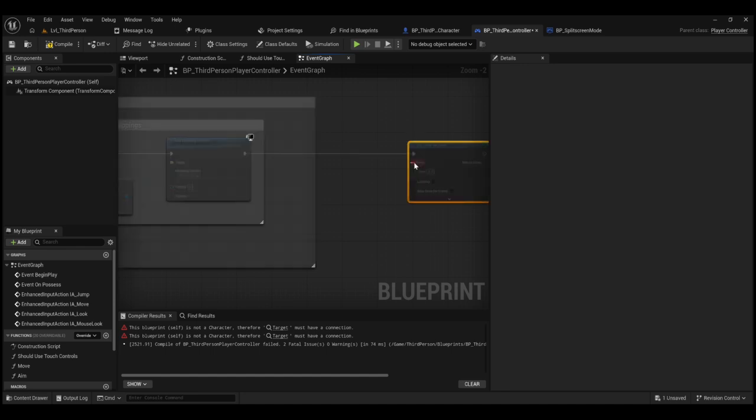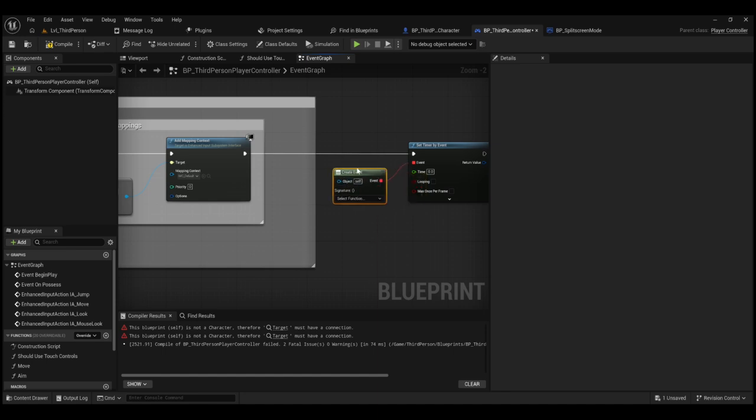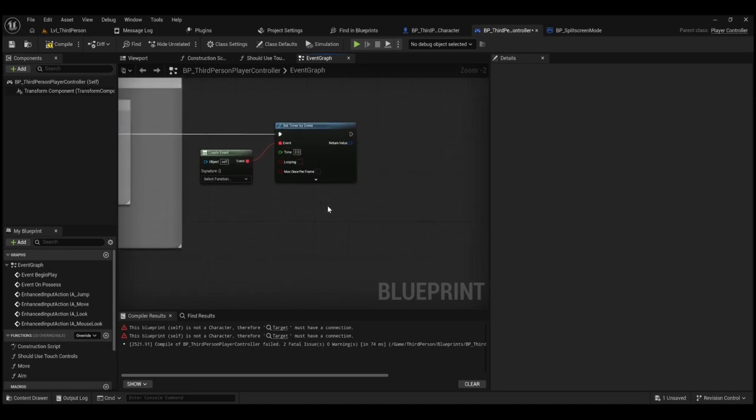I like to pull out from there and use create event, which lets you select an event rather than having it linked and then a messy blueprint structure. I've not got the function at the moment, so I'll need to create that. But if I hit looping there and change the time to, I don't know, 0.1 of a second,